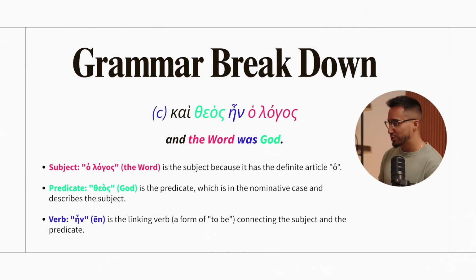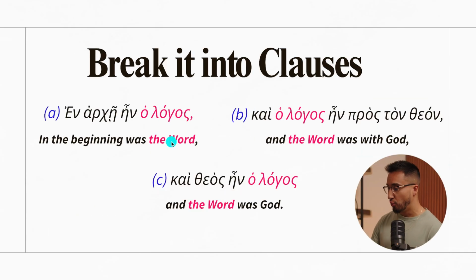Now let's take those grammar rules to help understand why the theos is over here and is before the Word. Having said that the logos, the Word, is eternal, which we know from clause A, has been around from the beginning of time, and knowing that the Word has been in communion with God from clause B, by putting theos over here, you're saying that the Word was eternally theos. Speaking of the Word's deity, you're not identifying who the Logos is, you're identifying what the Logos is, and the Logos is God. The Word is Jesus, speaking of him as God.